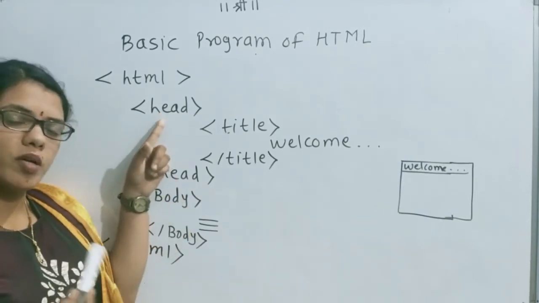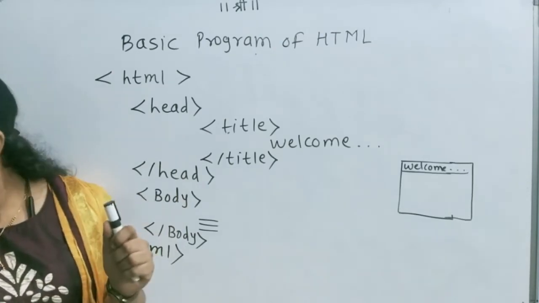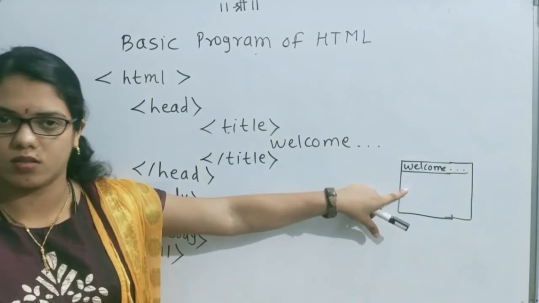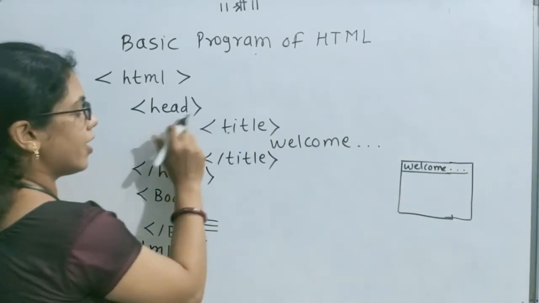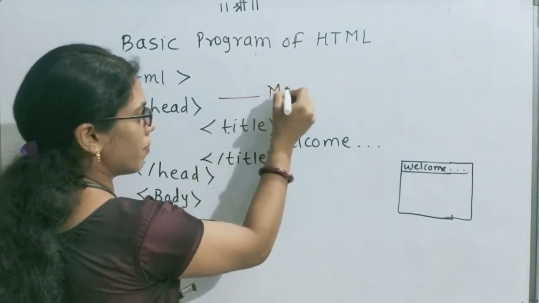After that, the opening of the head tag represents header information. Header information means that it is not displayed in output. For example, the head tag includes some title tag, then some meta tag,